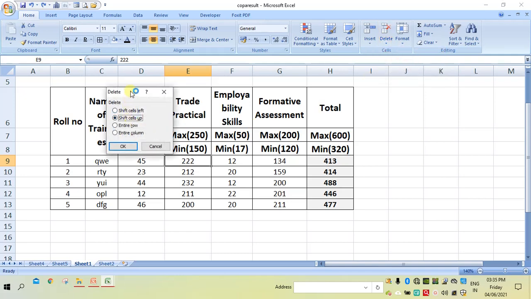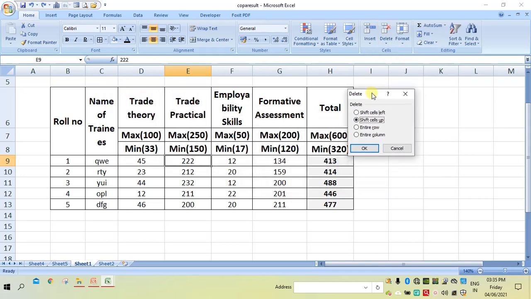It is asking whether you want to shift the cells left. It means if I delete this, these cells' content will be shifted here. If I choose shift cells up, these contents will move up.